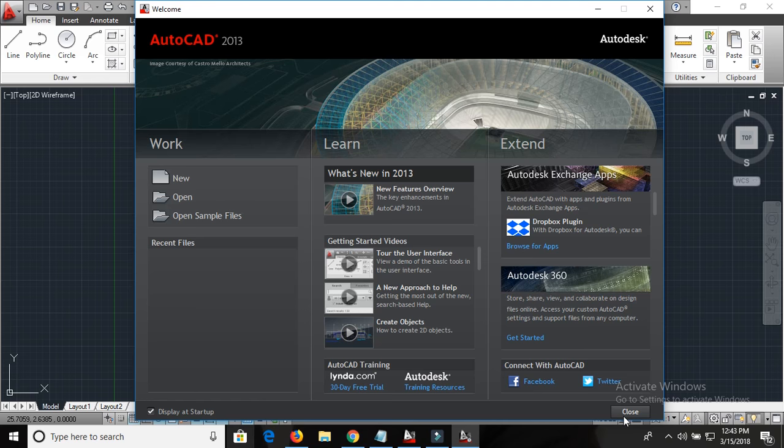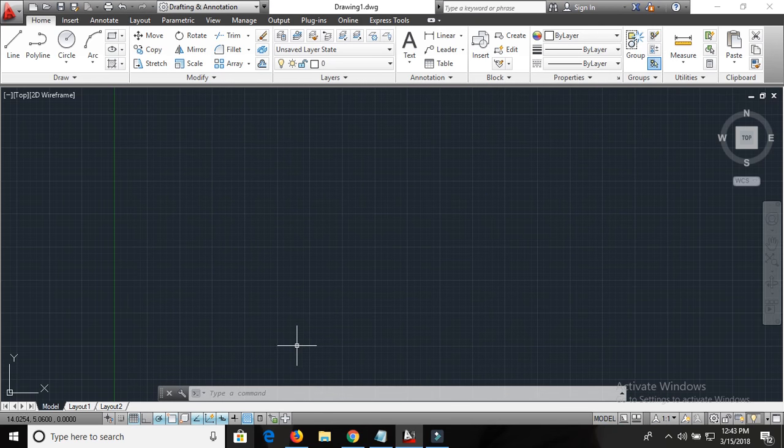Okay, no problem. I can just click on Close here. Then this dialog box, or this window, is going to be closed, or otherwise we can uncheck this and close it. If you uncheck this one, it will not come again. I want it to come again, so that's the reason I leave it as it is and click on Close here. Okay,